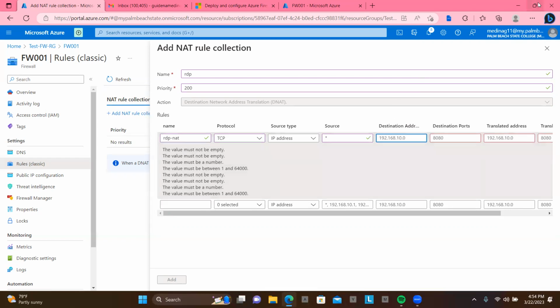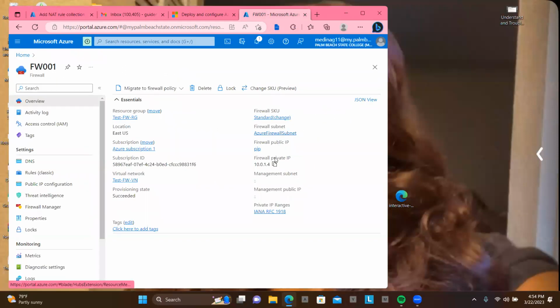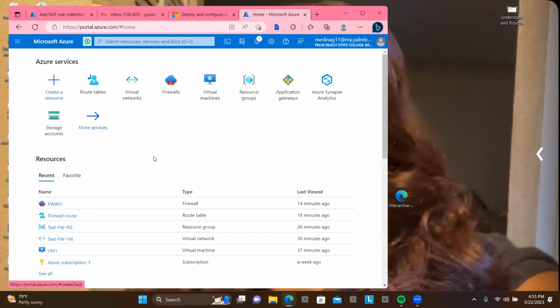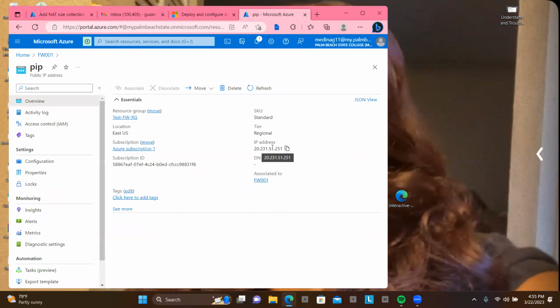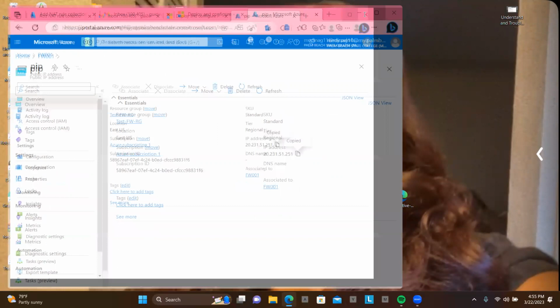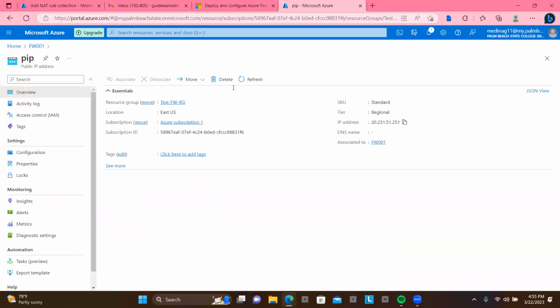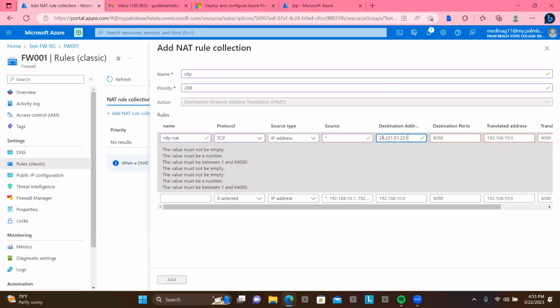So let's go ahead and pull up the firewall and find the public IP address of the firewall, right? So this is the private IP address of it. So where do we find the public IP address of this? Let's go to home and let's go to firewall. So here we should be able to see. So it's firewall public IP. You click here and there we go, there goes the public IP address of the firewall. Let's make it big. And you go back here, you just paste the public IP address of the firewall and